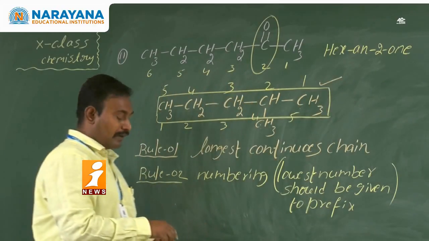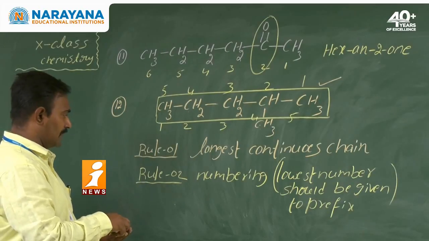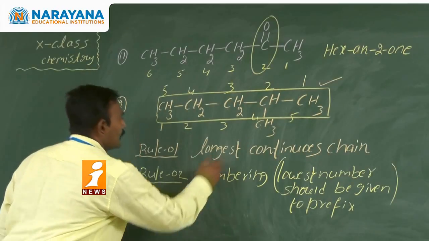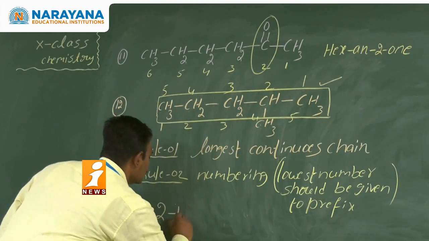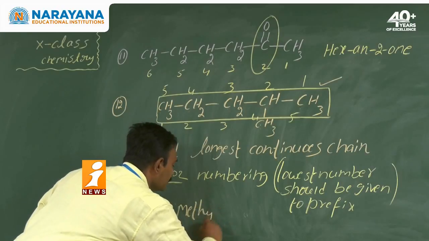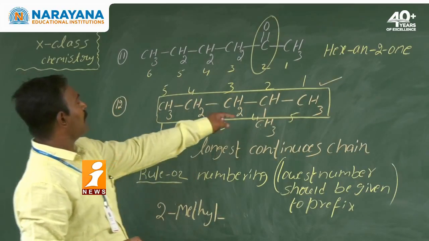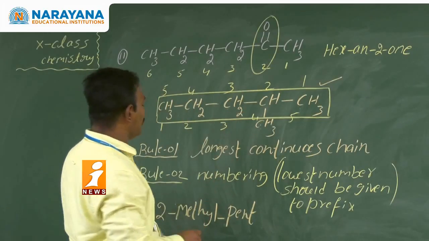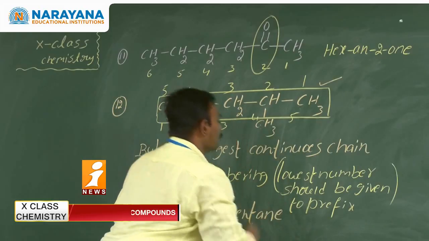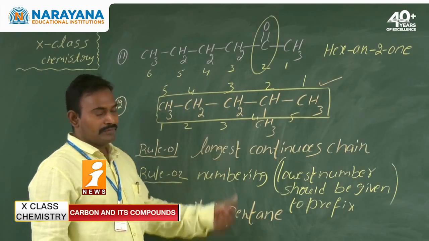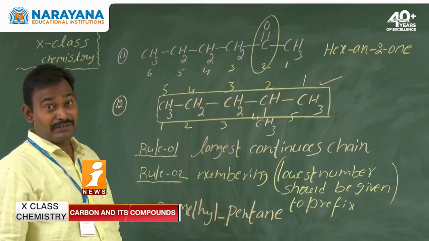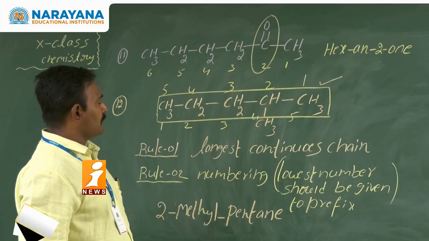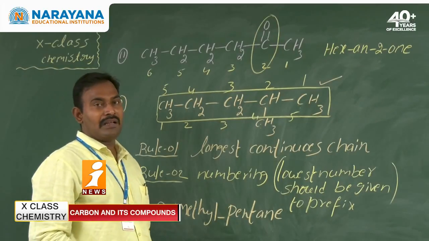Now what is the name of the compound here? First we write the prefix and the position of the prefix, second carbon, so 2. What is the name of the prefix here? Methyl group. 2-methyl. How many carbons in the main chain? 5 carbons, pent. All single bonds only, so pentane. So in this example, I defined two rules. We have to select the longest possible chain, including functional groups. Next, rule 2: in case of a mono substituent, it should get the least number as possible.